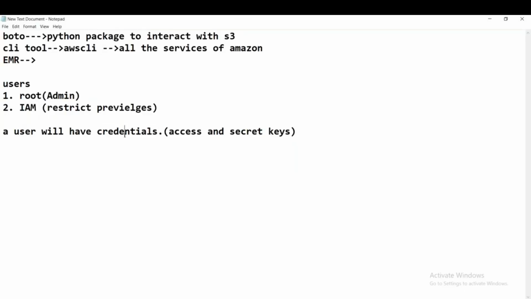We must be able to access that only when the credentials are provided, isn't it? Just by storing credentials here is not going to help, right? We have to do something. How can we specify the credentials? There are 3 to 4 different ways of specifying the credentials. One I will show you here: one is setting them up as environment variables.